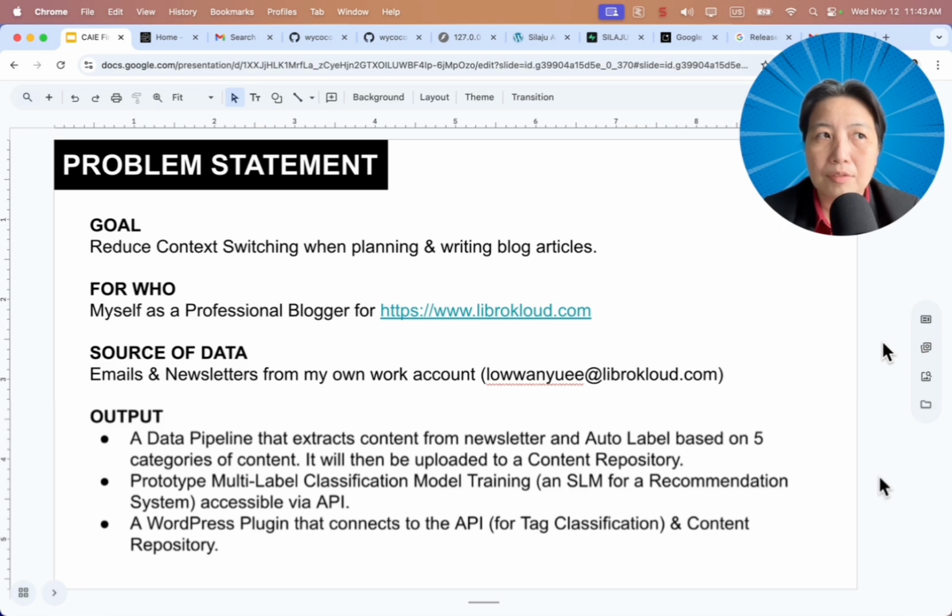And I believe I'm not the only one that actually has this problem. A lot of people actually have this kind of problem as well. This is why you can see a lot of AI tools are starting to build more and more things within the application itself. So I'm going to start with the basic source of my data, which is from my